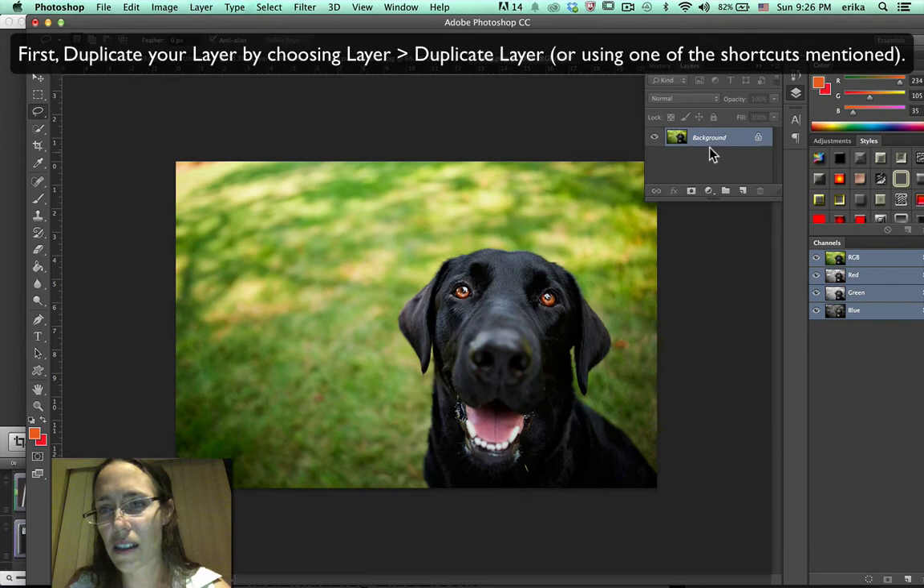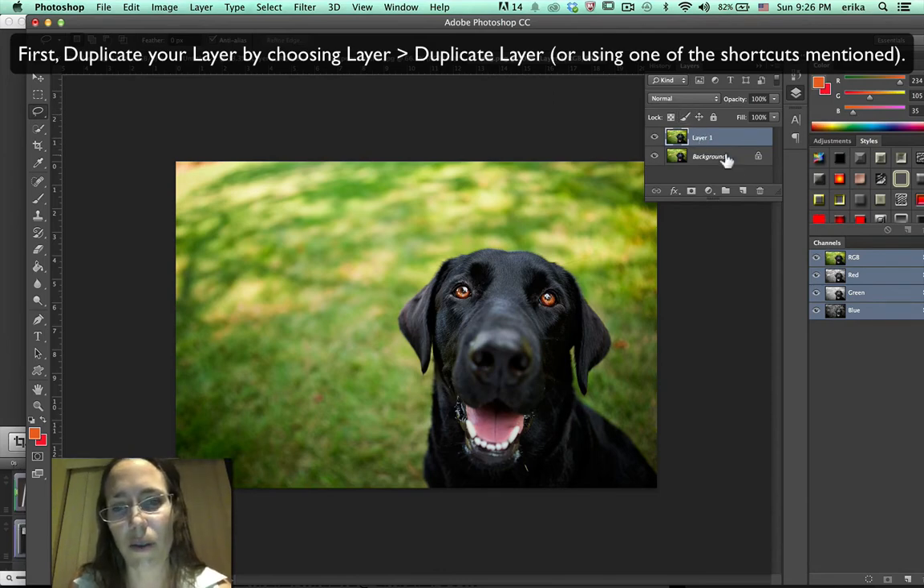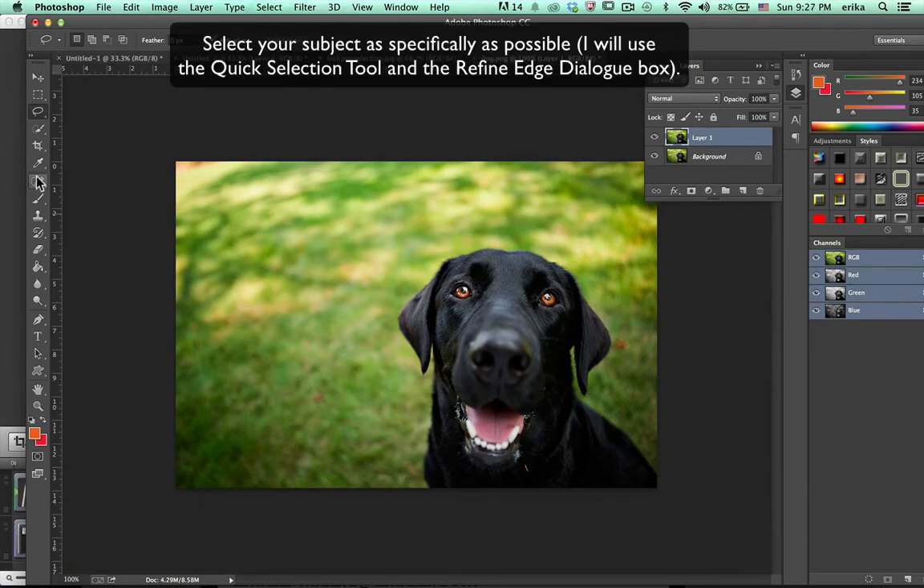Okay. In my layers, first thing I'm going to do is make a background copy. So I'll just say Command J, or you can say Layer, Duplicate Layer, or right click or control click and say Duplicate Layer. Okay, so what I'm going to do first is I'm going to kind of specifically select this dog,